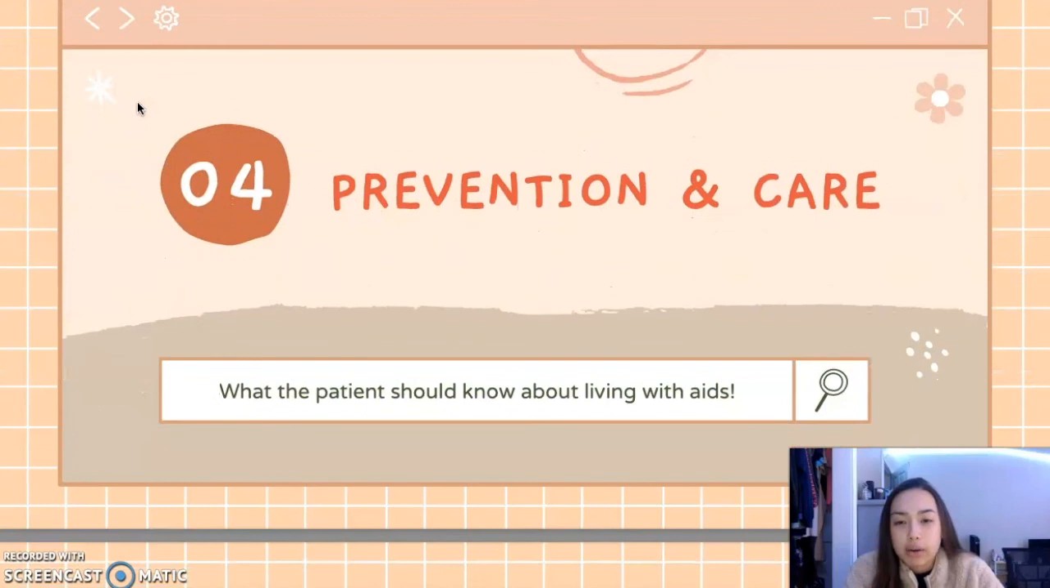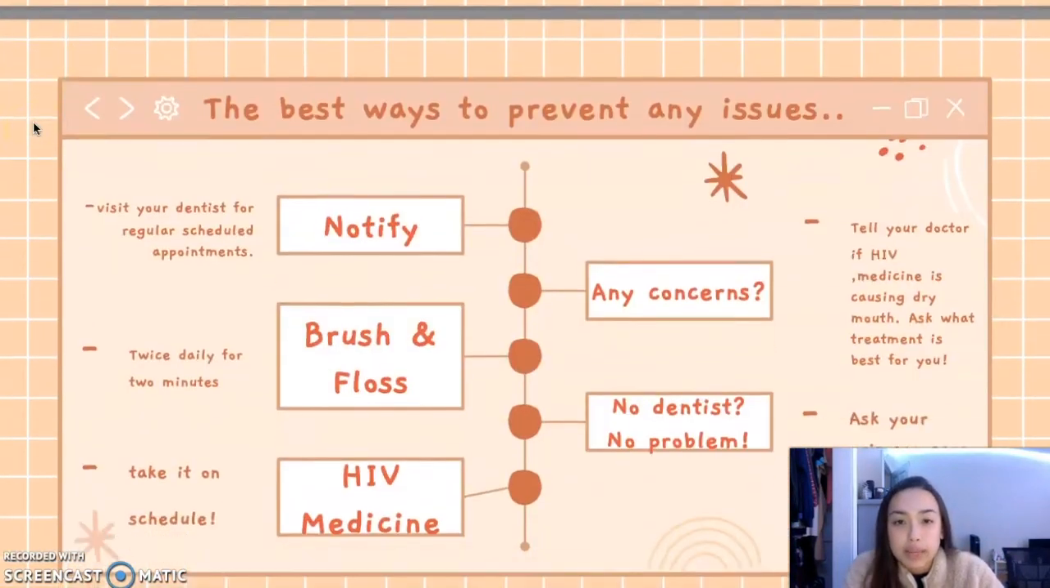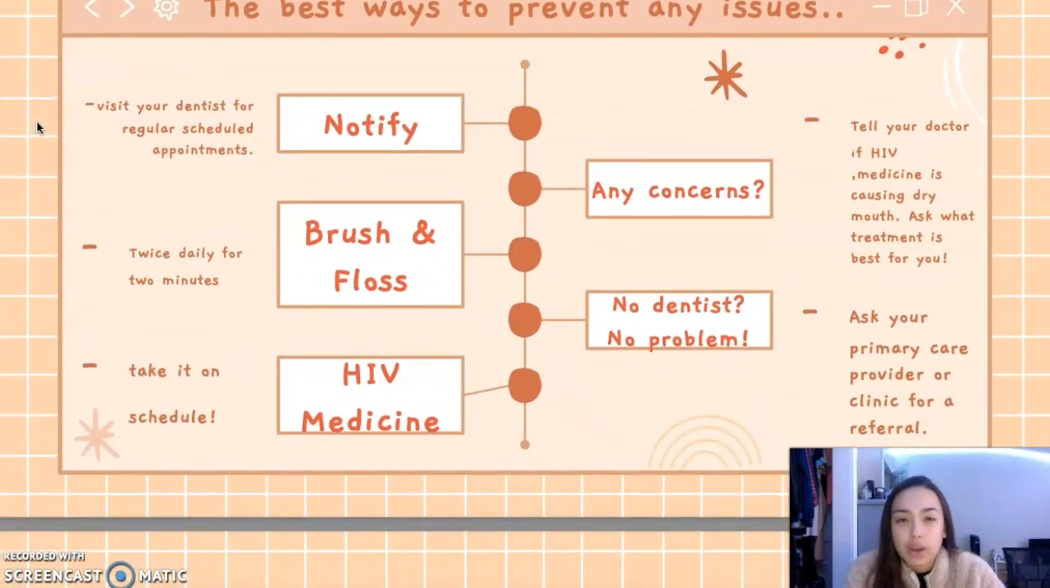So, prevention and care: what the patient should know about living with AIDS. The best ways to prevent any issues are for the patient to visit their dentist for regularly scheduled appointments, brush and floss twice daily for 2 minutes, take their HIV medication on schedule, and if there are any concerns, make sure to tell the doctor, such as HIV causing dry mouth, xerostomia, and ask what type of treatment is best for them. And if they don't have a dentist, have them ask their primary care provider for a clinic